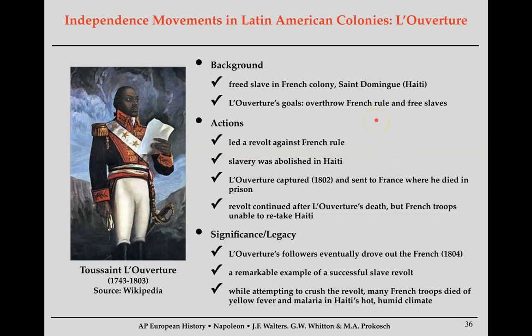He needs to organize, unify, and create a legitimate fighting force of former enslaved people. So he goes plantation to plantation and frees these slaves. And he now has to take former enslaved people who have never held a musket in their life, because they weren't allowed to, who are by and large illiterate because it was illegal to teach enslaved people to read and write. So he needs to make them into a fighting force, and he does. That's so difficult. So Louverture is going to start this rebellion against the French.